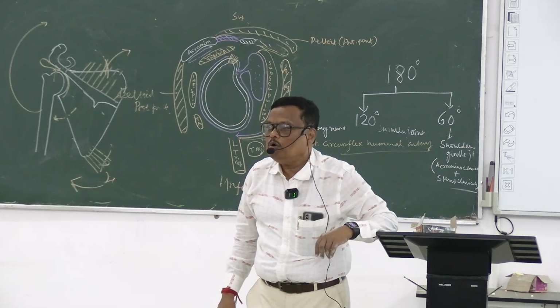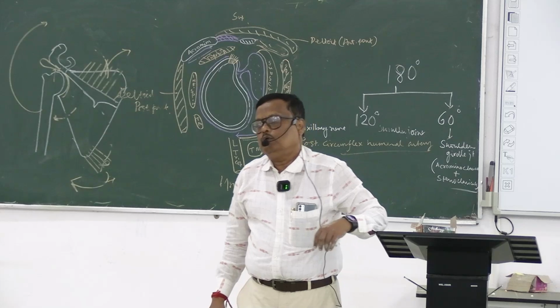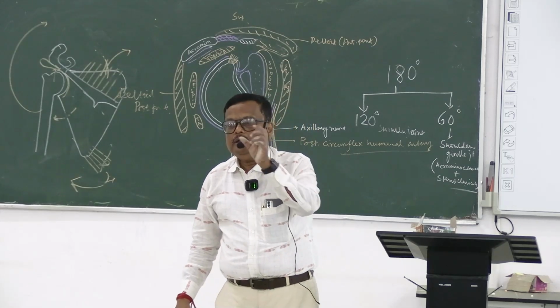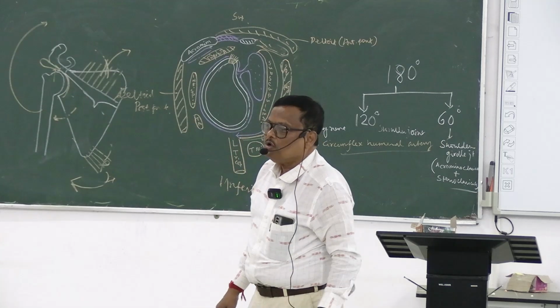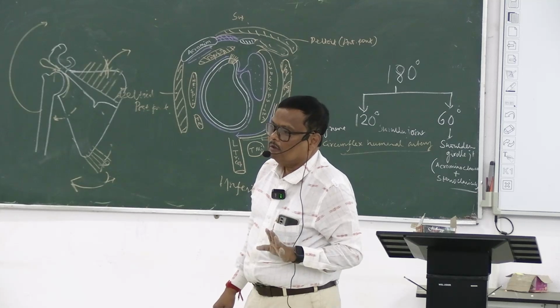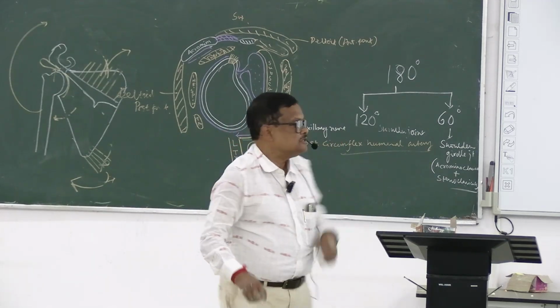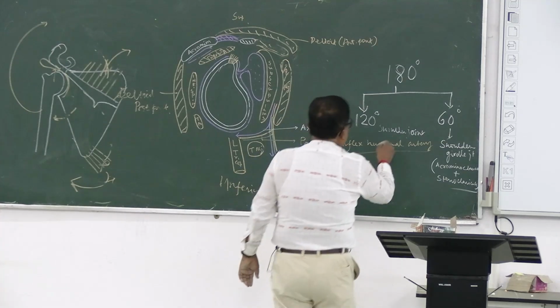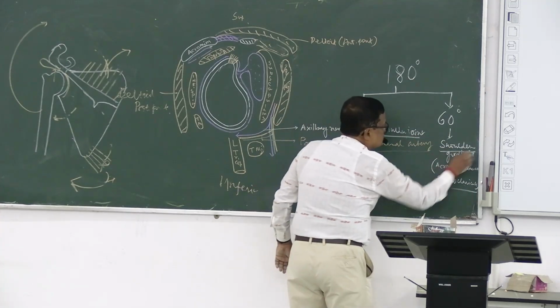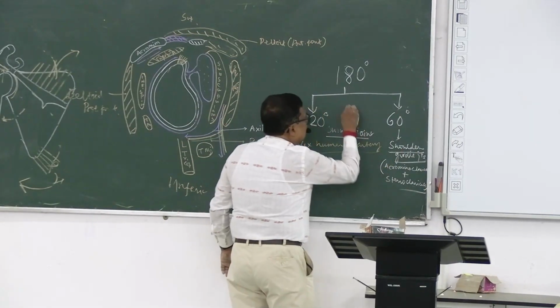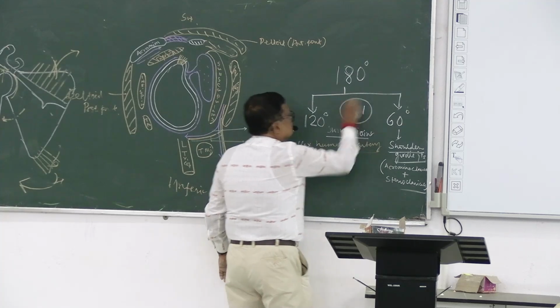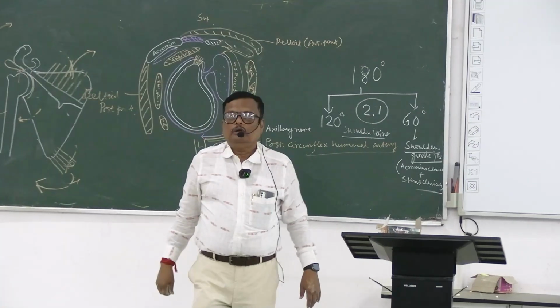So what is the ratio? 2:1. What is the ratio of the shoulder joint to shoulder girdle joints? 2:1. Have you understood? 120 degree means 60 degree. So what is the relation of the shoulder joint movement and shoulder girdle joints movement? 2:1. And this ratio is called